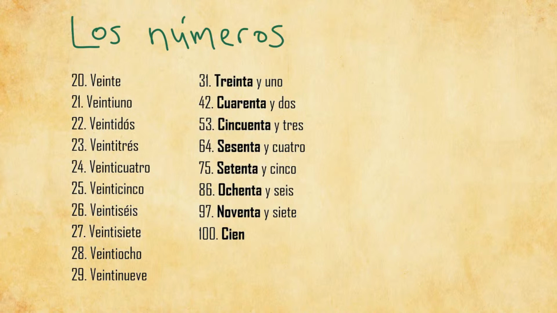Veinte, veintiuno, veintidós, veintitrés, veinticuatro, veinticinco, veintiséis, veintisiete, veintiocho, veintinueve. So basically the only thing that you're doing here is that you're taking veinte, you're adding e to it, which means and in Spanish, and then you're adding the basic number from 1 to 9. But of course, due to easier pronunciation and easier writing, this was transformed into a normal I, and the E was removed. So that's why we write it as one word, veintiuno, veintidós, etc.